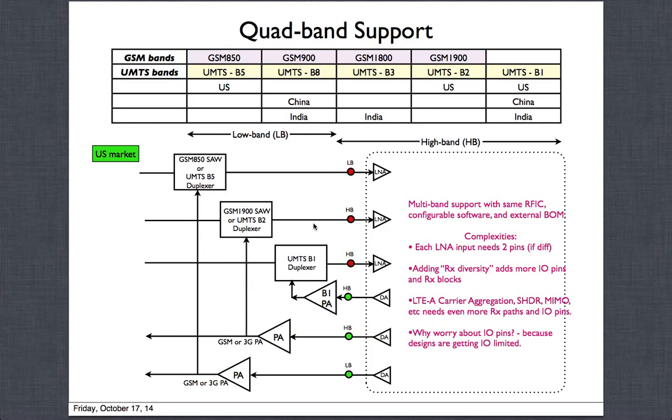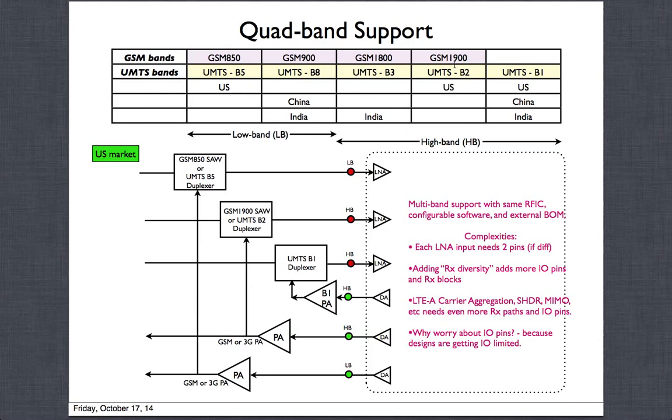Now let's see how this is a picture. It's a very busy picture, so I'll have to explain each point slowly, and hopefully you'll bear with me so I can explain how we are trying to support this configuration. I've noted the US market because I am taking this first row, which is the US market, where you had GSM, which will be 850 and 1900.